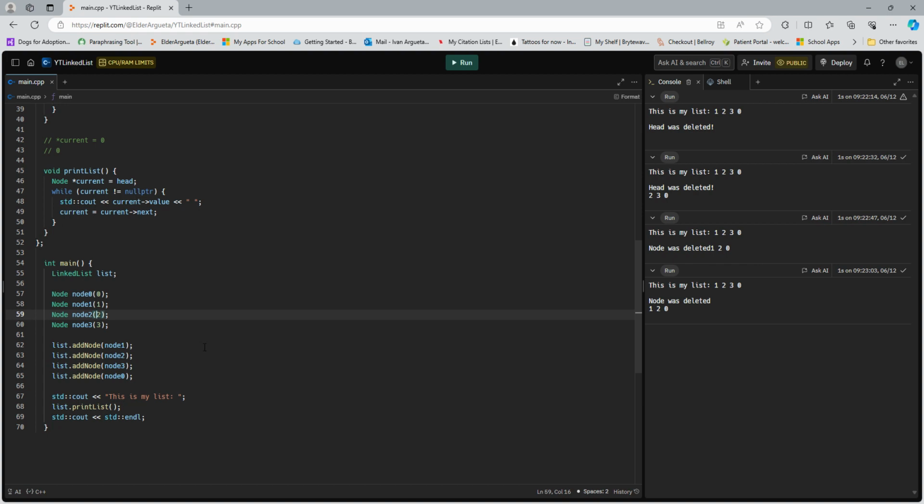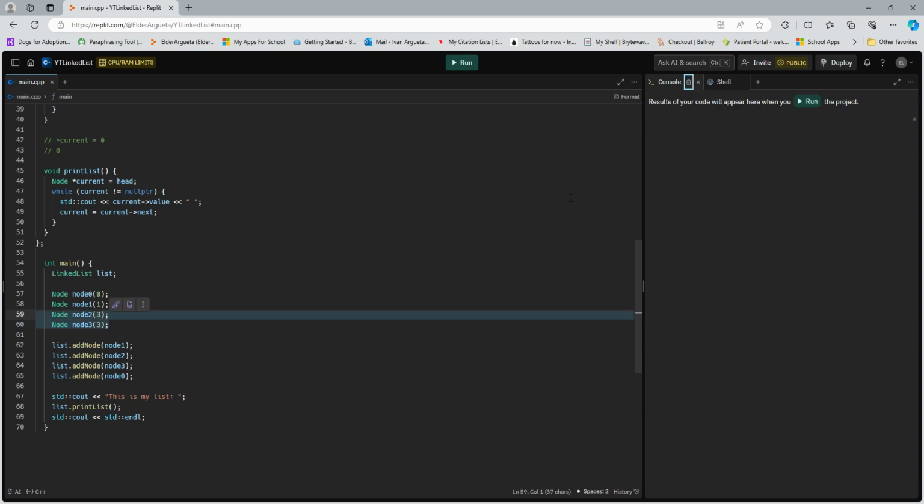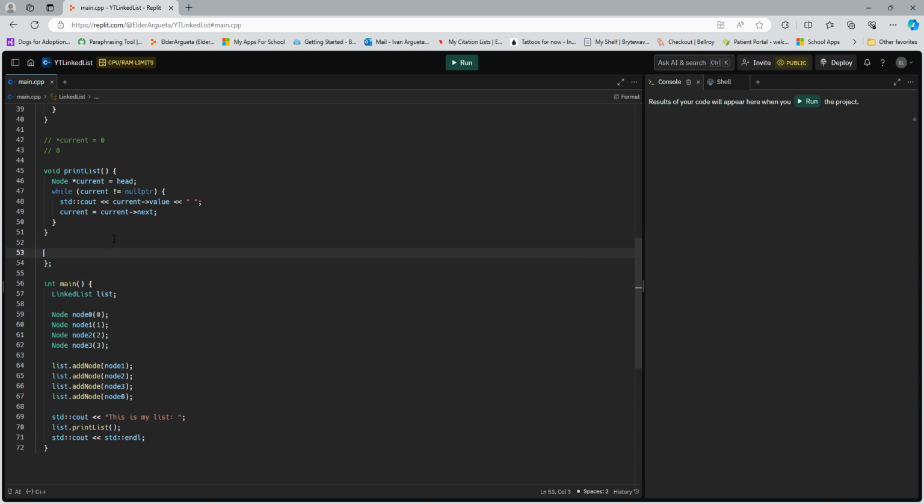And then a delete all instances of a node, so we put in a key as well, and however many nodes with that same value are in the linked list will be deleted. So if there's two threes and our target is 3, both of these would be deleted. Let's get to it. So void delete first